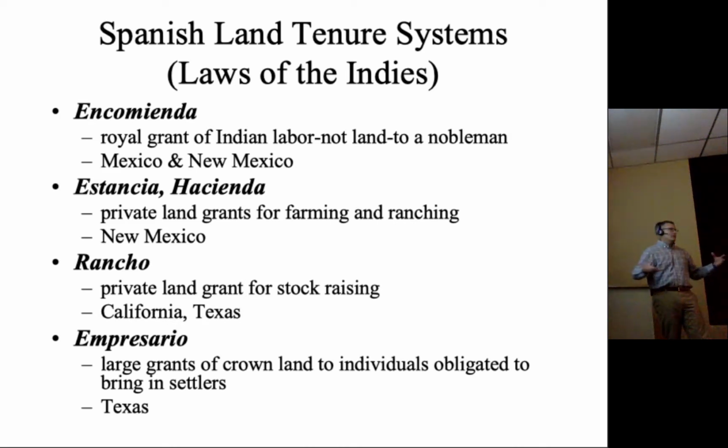Okay, so the way for upward mobility within Spain during the late Middle Ages was generally through the military. Okay, if you weren't fortunate enough to be born into an aristocratic family, you could make your way into the upper classes, or at least get close to the upper classes through military experience and military success. So commanders in the Spanish military were often rewarded after their careers were over by receiving